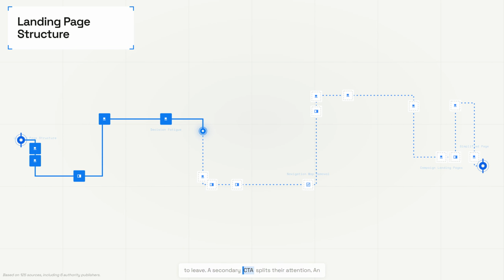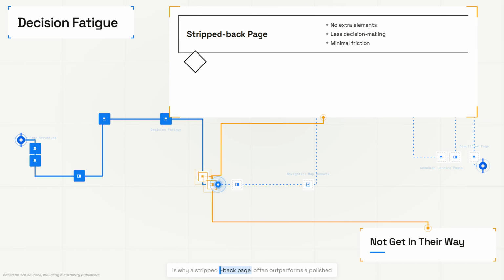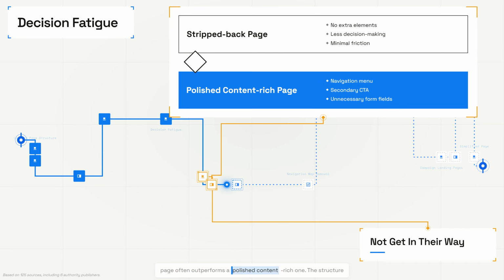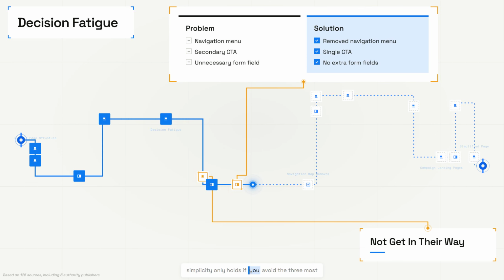A secondary CTA splits their attention. An unnecessary form field adds friction before they've committed. You have paid to get someone to click. They arrive already interested. Your only job at that point is to not get in their way. This is why a stripped back page often outperforms a polished, content-rich one. The structure is doing the work, but that simplicity only holds if you avoid the 3 most common mistakes that